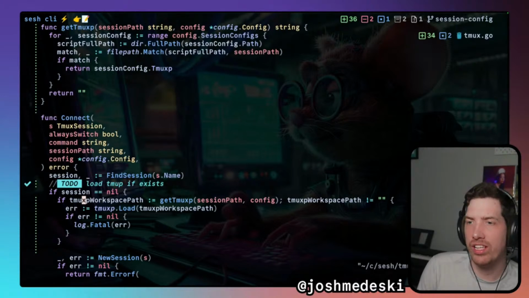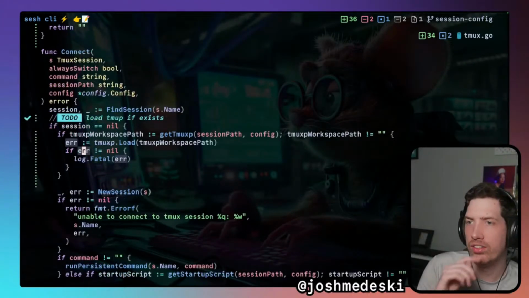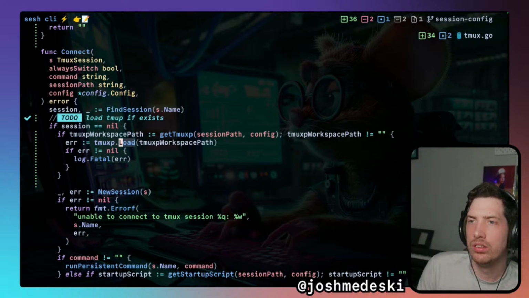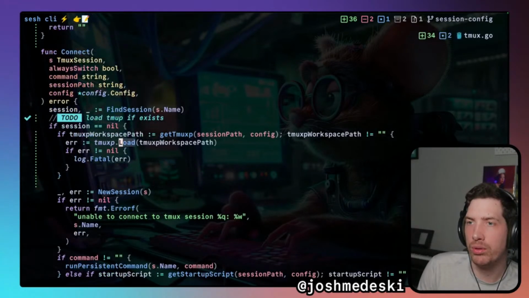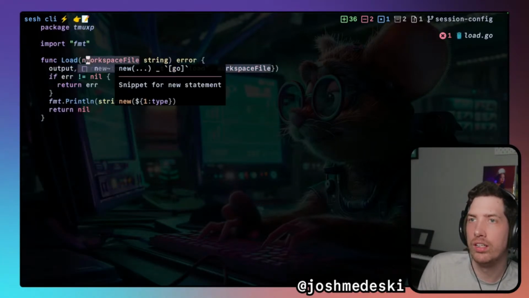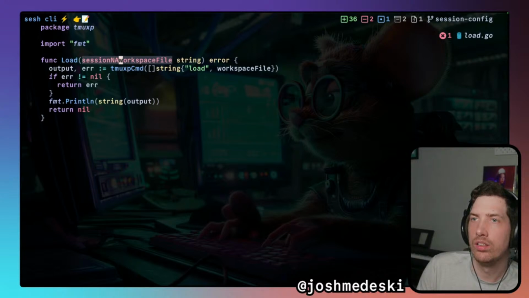We're nerding out tonight. I think we're about to be able to test this, actually. So it will load. The only thing is, maybe we do need to pass the name of the session in only so that when we get to the bottom, we can successfully use the name. The name is super important, right? So let's just say session name